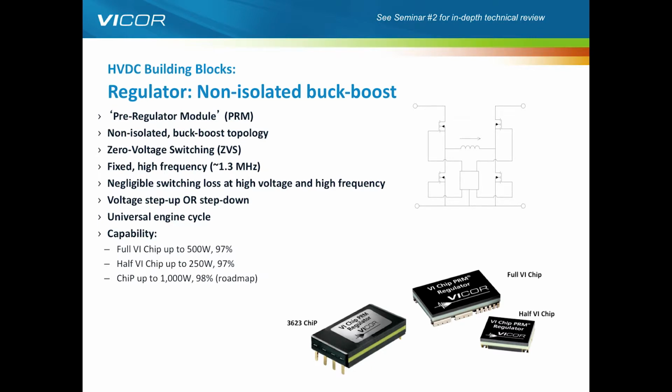So with that said, at a very high level, the regulator Lego brick is a non-isolated buck boost converter. Now, key attributes to this converter are that it is fully zero voltage switching, which means you don't have trapped gate charge in the FETs as we go through different switching cycles. Therefore, we don't have heat generated in the switches. Therefore, we can run at a higher